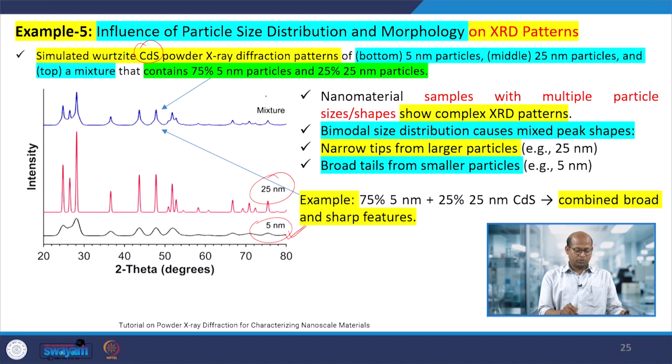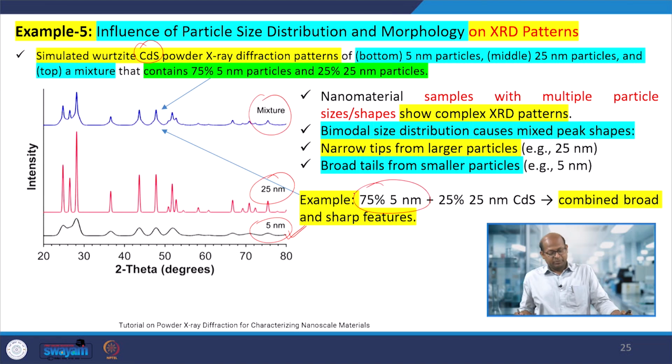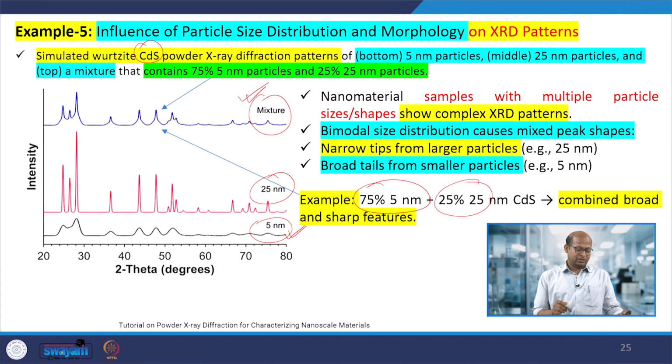Then both were mixed, 75% of 5 nanometer CdS and 25% of 25 nanometer CdS, a homogeneous mix, and then we took the X-ray diffraction pattern. For the smaller 5 nanometer material, it was broadening,